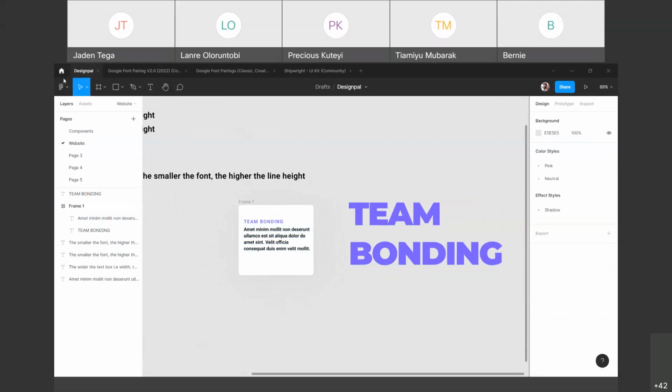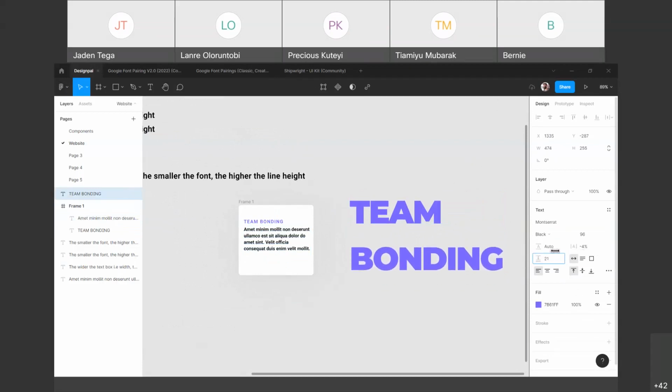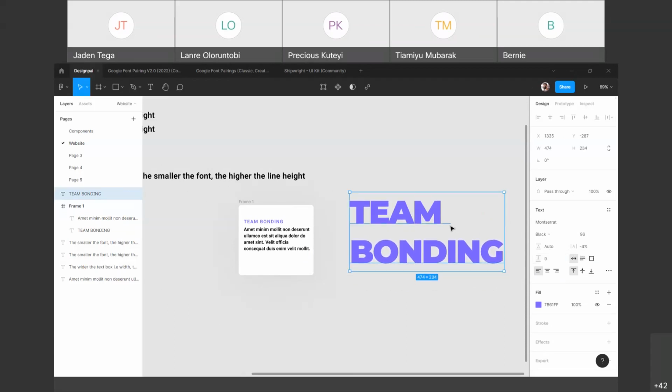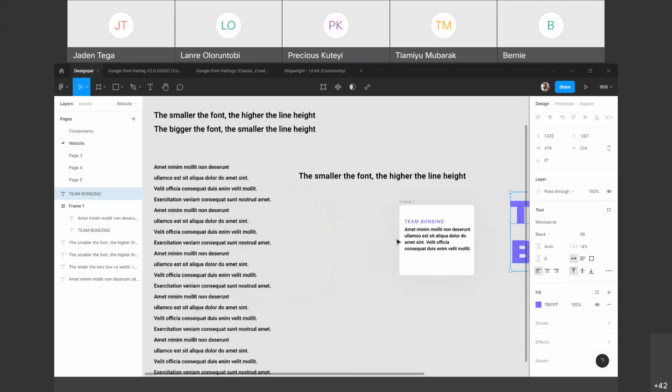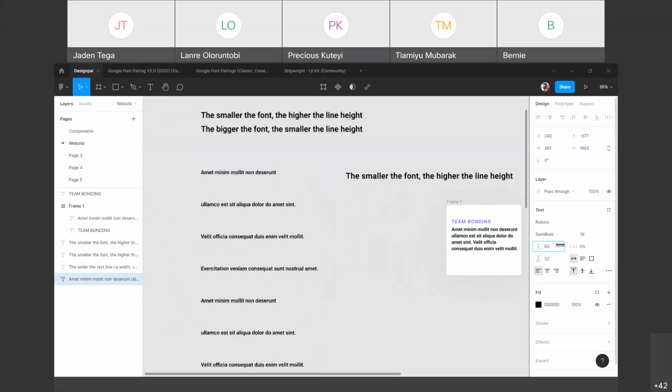Then moving on from letter spacing, this is quite explanatory, which is the paragraph spacing. It's different from line height, right? This is totally different from line height. So let's see that with this one. And if you increase the line height,